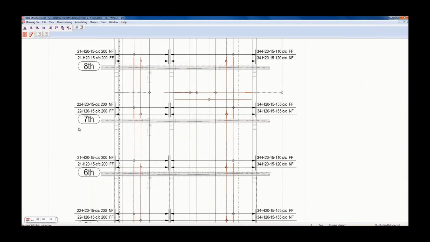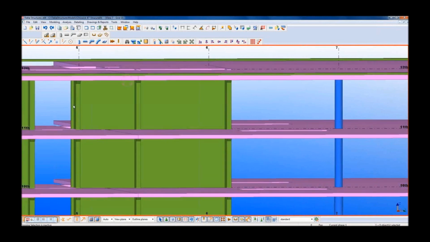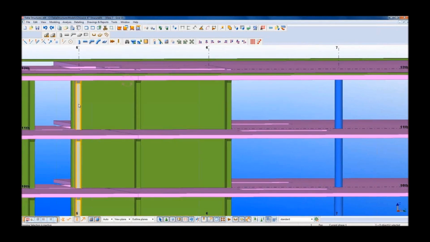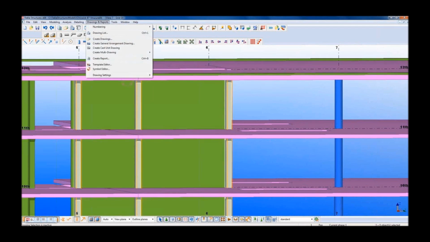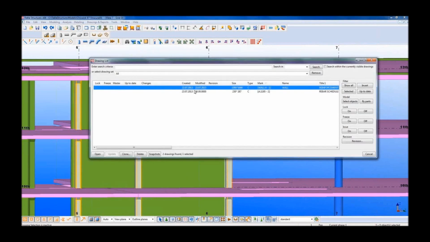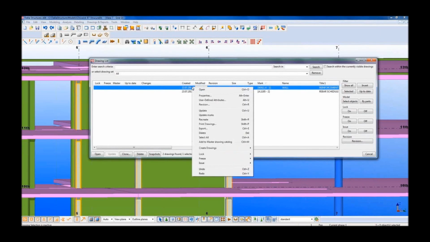Nice and simple, all call-offs, grid brought through as well. And then what you can do once you've made that drawing, make it easier if we go to this level. So I can pick these walls, and if I go back to my drawing list, I can actually pick this one and say create drawings,